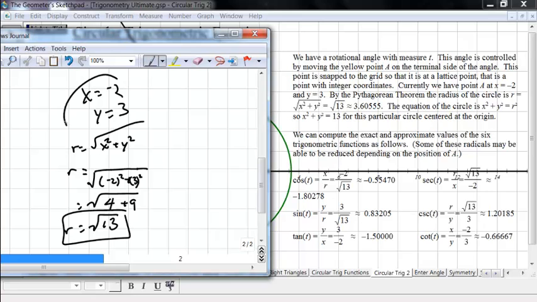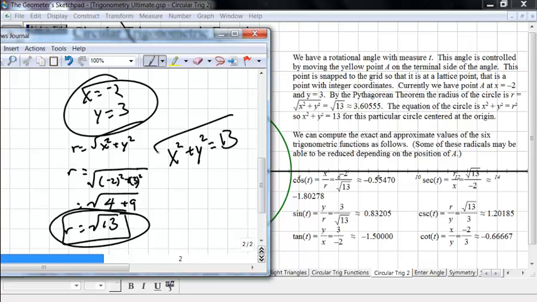Okay, so notice now we have an x and a y and an r, and that's all you need, along with the definitions, to find all of the trig functions, or to find the equation for that matter. The equation of the circle is x squared plus y squared equals r squared. R squared is 13. So there's the equation of the circle, with the radius of the square root of 13 centered at the origin. And that circle does go through the point negative 2, 3, and so does the terminal side of our angle. So that angle has measure t, whatever that is, and so we know that the cosine of that angle then is going to be x over r, which is just then negative 2 over square root of 13, and approximately that's negative 0.55470,